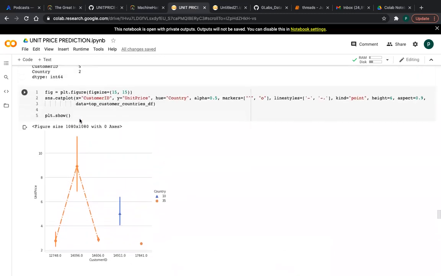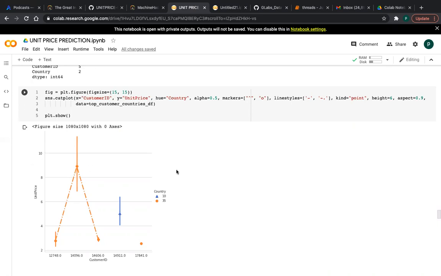So you can use this plot, friends, to understand categories if there are categories in our data set. This plot is very helpful, friends, because of the spread: from which country they are buying, how the cost is spreading, how the price is spreading, and which customers are buying more.